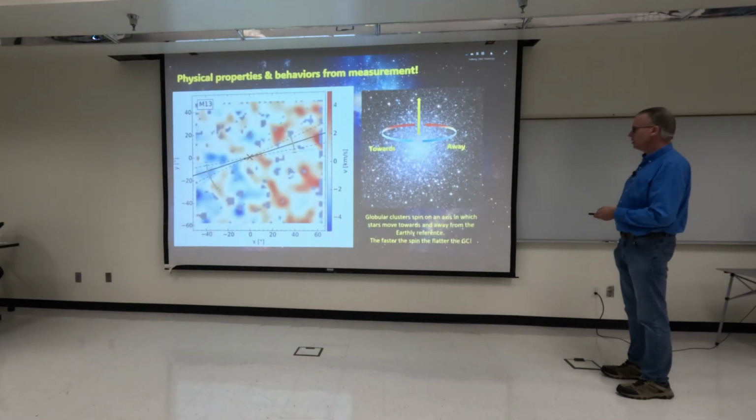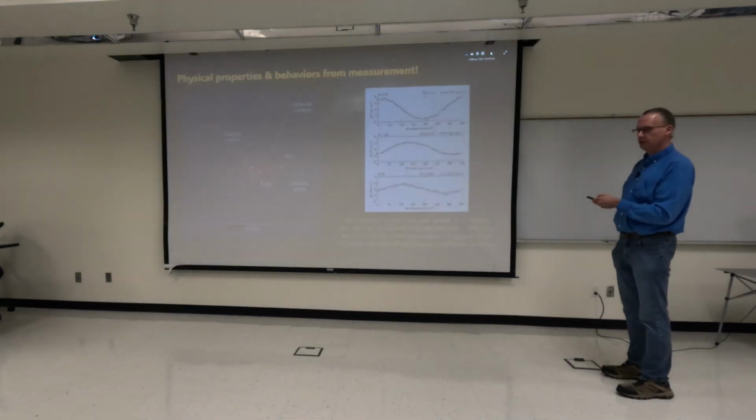This is looking at the changes in the polarization of light based on the red shifting, and it's three-dimensional. So not only can we determine how the globular cluster spins about its own axes, but also how it's moving through the galaxy itself, through the galactic halo, whether towards or away. And the greater the difference between the faster speeds and the slower speeds, the more the globular clusters are going to flatten out.